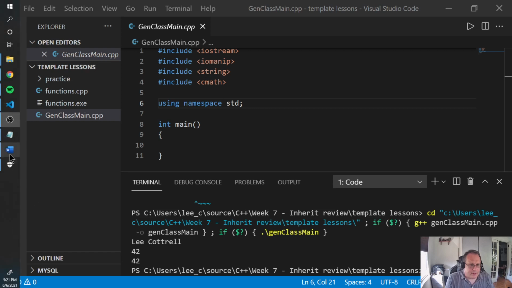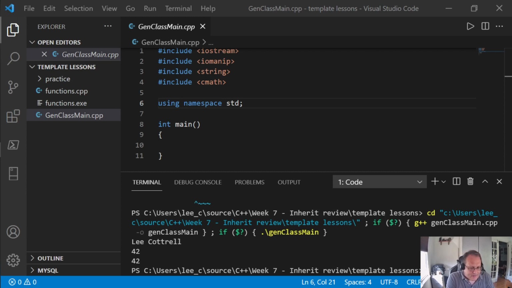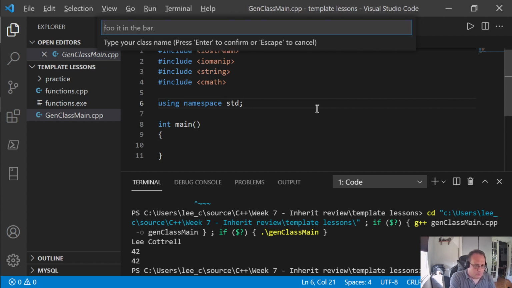In this video, I'm going to demonstrate how to create a generic template class. A template class is a class that can hold any data type. You'll have a member variable inside the class that's generic, and you can pass in a string, a double, a float, whatever you want. They are easy to set up, but they're a little different than you're used to with classes. So I'm going to use, again, our Alt-X tool